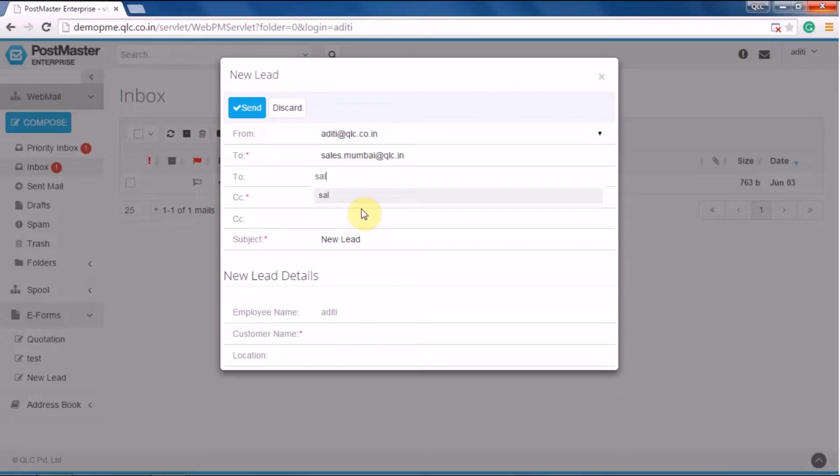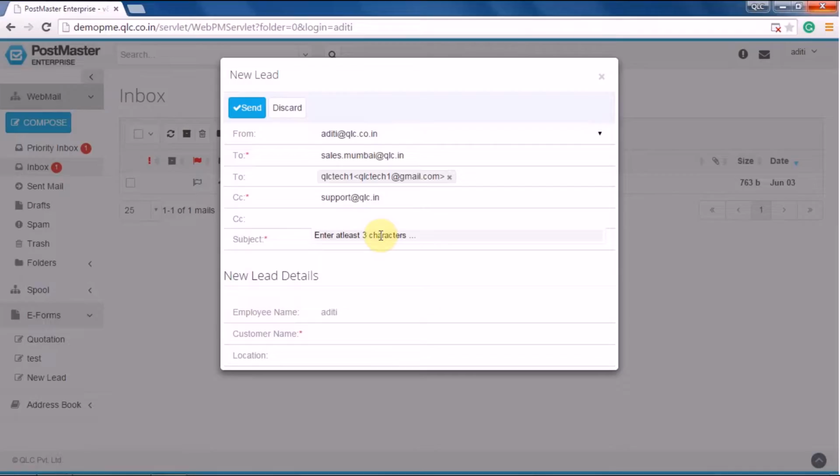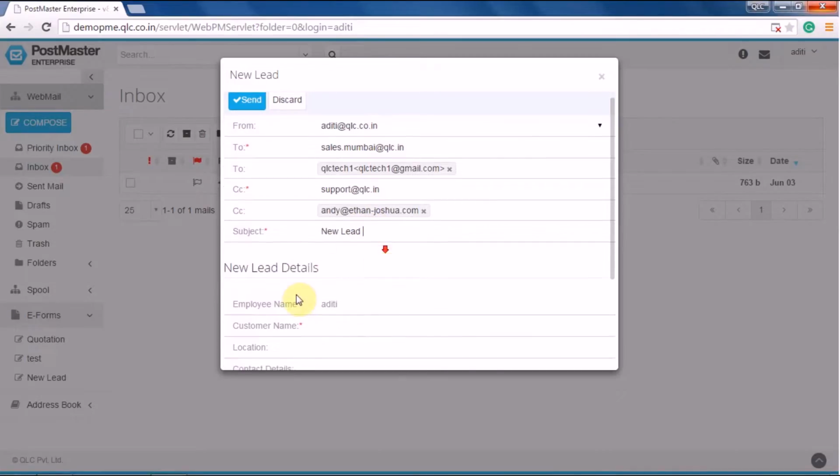the first 3 letters. If your email ID is already there in your address book, PostMaster will take the first 3 letters and show you in a drop down the email IDs which are starting with your first 3 letters. So let's select any of the email IDs, say QLC. Okay, so we have got so many email IDs. Let's select this one. Under CC, let's put this is my new lead. Employee name, customer name, let's put in as